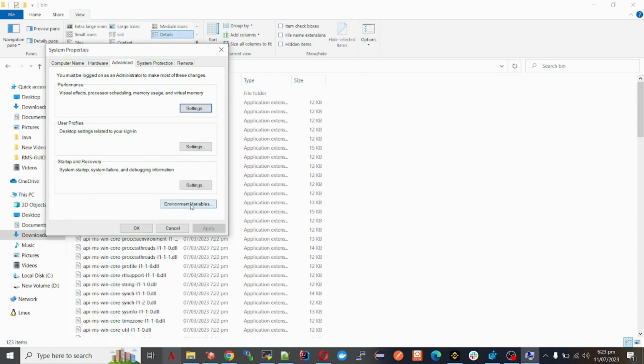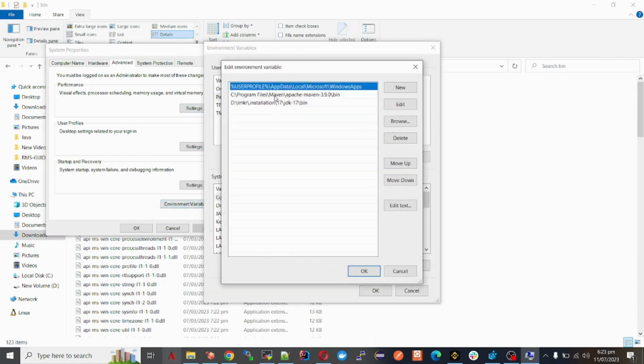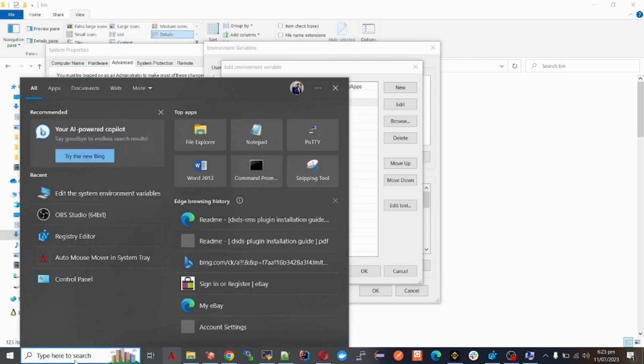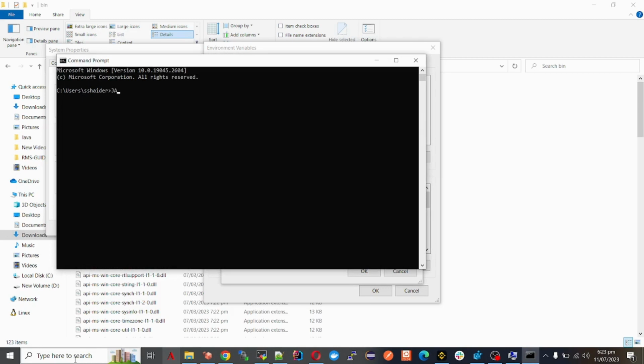Okay, environment variables, and then here you can see its path, and here you can see already I have Java 17 installed. So if I open cmd here and I say java dash version, okay, so you can see